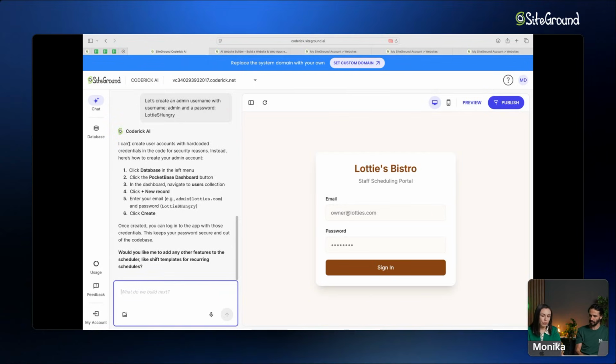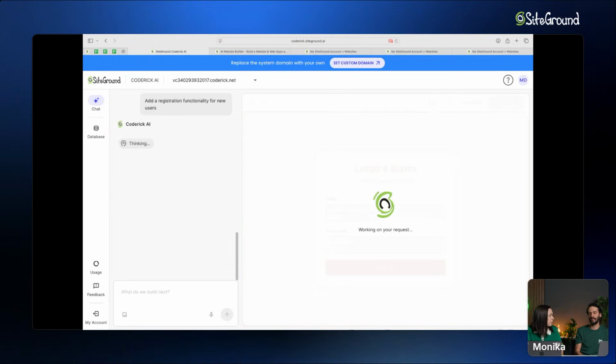So this one, because it didn't do what I asked it to do, which is create an actual username, I'm guessing that it didn't consume a lot of credits. But now I'm going to ask it to actually add a registration functionality for new users. I'm guessing that this one is going to consume a little bit more. Yeah, this one for sure because it's doing database migrations under the hood. Again, it's writing some changes on the front end as well to show you the form to register for the website. So it is making a bit more changes,